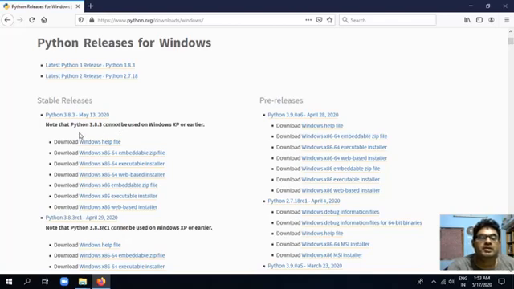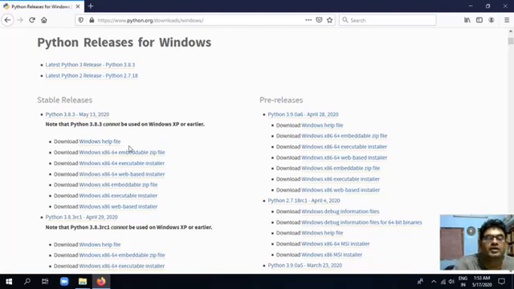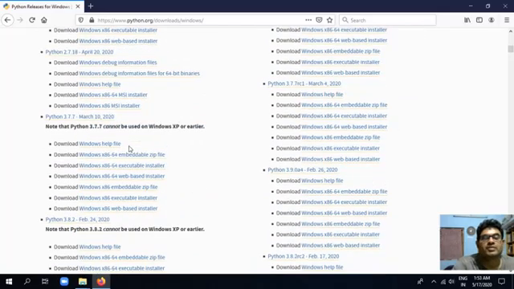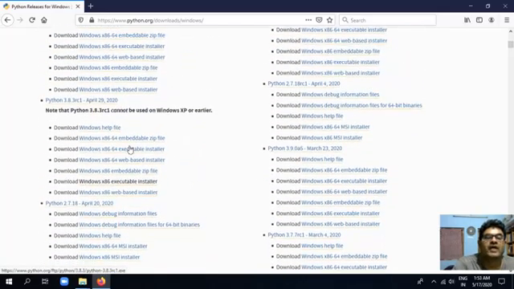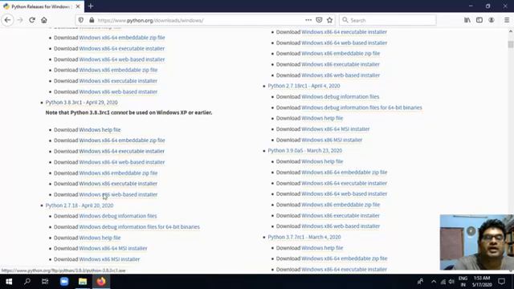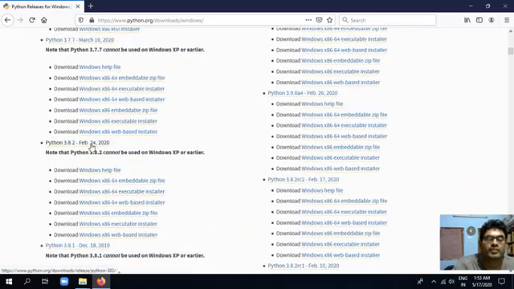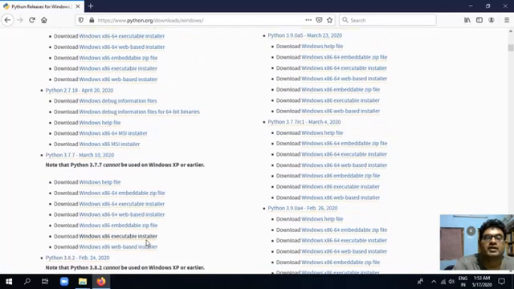The release that we are going to download is Python 3.8.3 of May 13, 2020. It is a recent release and we can go for it. Every month they give some updates: April 29, April 20, March 10, February 2020 and December 2019.